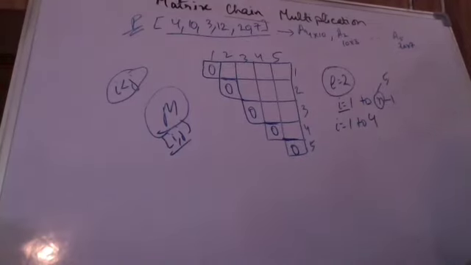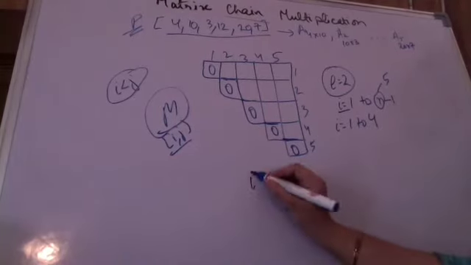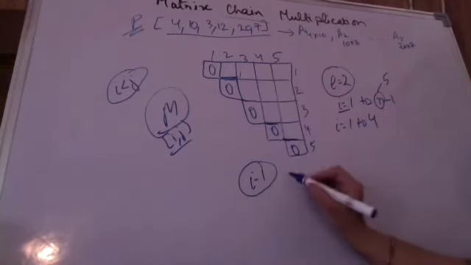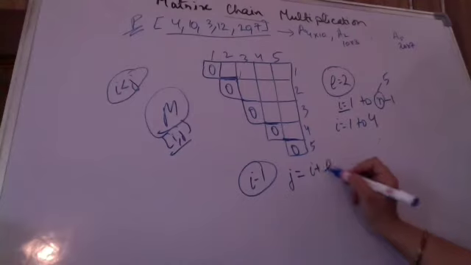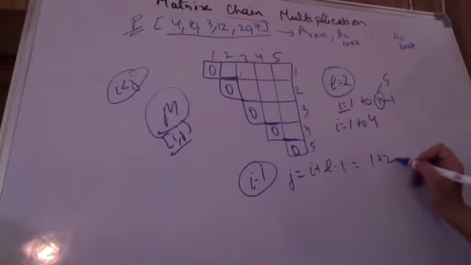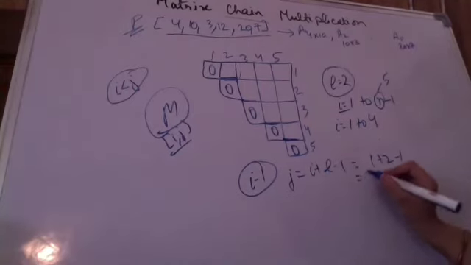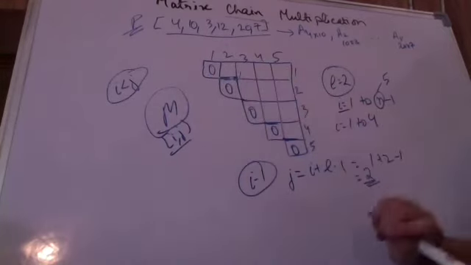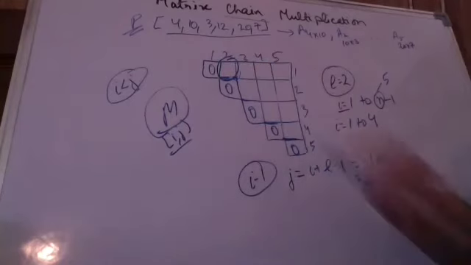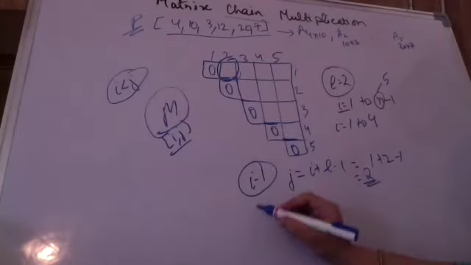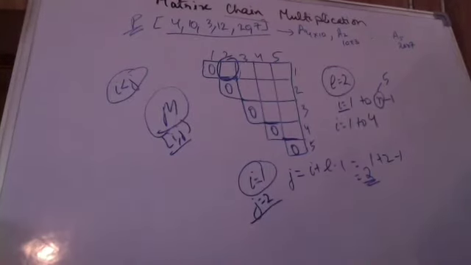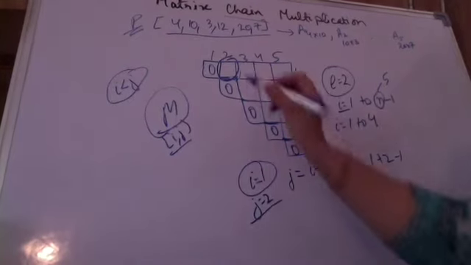Let me know in case you're not understanding at any point. Now initially when the value of i is 1, we are talking about this column of the first row. The value of j is i plus l minus 1, that comes out to be 1 plus 2 minus 1, which is 2. So i is 1 and j is 2. This cell value we are trying to calculate, in the first iteration of my loop. Mij I am saying is initially infinite.